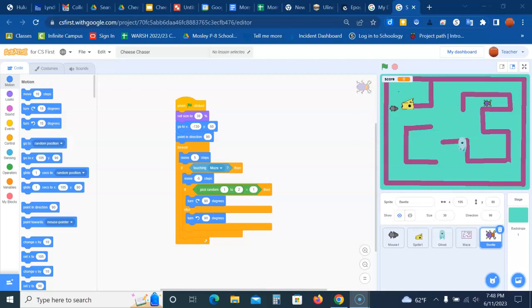Next step is to make the beetle end the game if your mouse bumps into it. So instead of using another touching block in the mouse's code, we're going to use sending a message. Scratch lets you send messages between sprites to trigger code blocks. The beetle will send a message to your mouse that will stop the code. So we're going to make sure we're on the beetle,